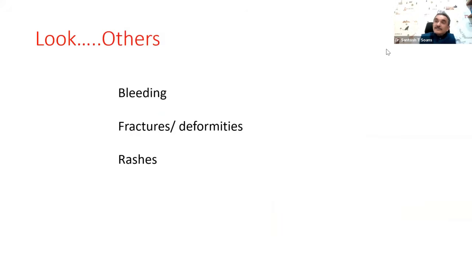Look at the other causes like bleeding. For example, if there's a road traffic accident, whether he has fallen down, whether there's any bleeding disorder in a child, something like that. Fractures also. What has happened is now high-rise building. Child is so inquisitive, he goes up and falls down, and he comes with multiple fractures and head injury,